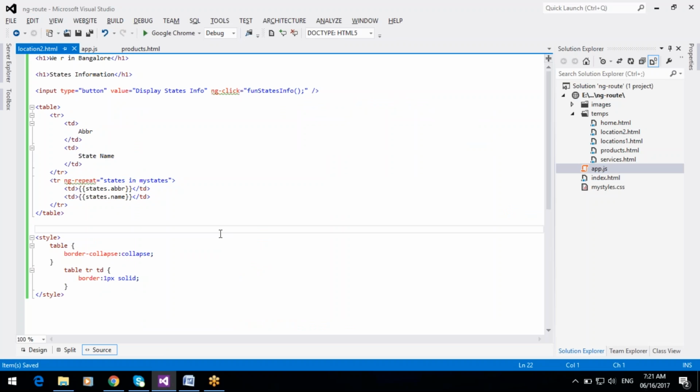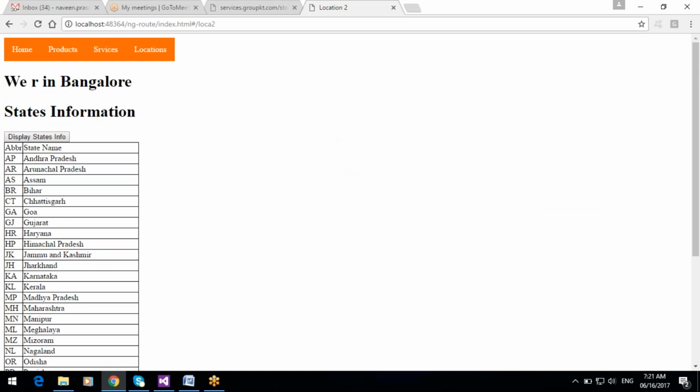And next I want to click on the state name. So here I want to add anchor tags for these state names. When you click on a particular state name, it will redirect to another template, location 3.